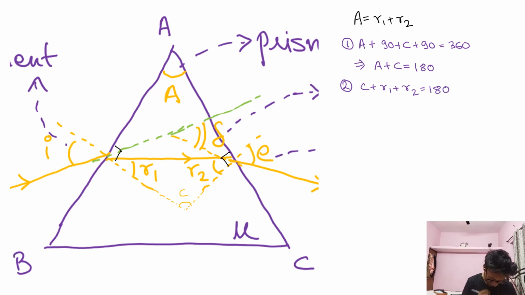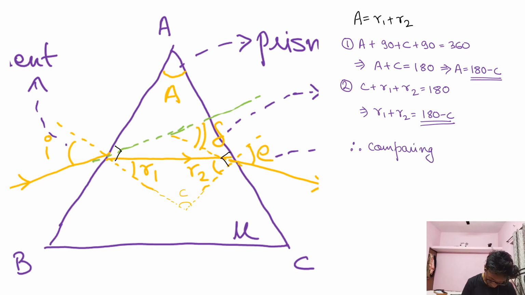Now can I compare this one? A is equal to 180 minus C. Or out here, R1 plus R2 is equal to 180 minus C. See, out here A is also 180 minus C, and out here R1 plus R2 also is equal to 180 minus C. So comparing this equation and this equation, can I say A is equal to R1 plus R2? So therefore, comparing equations 1 and 2,